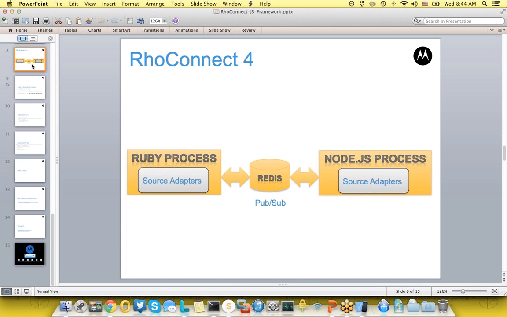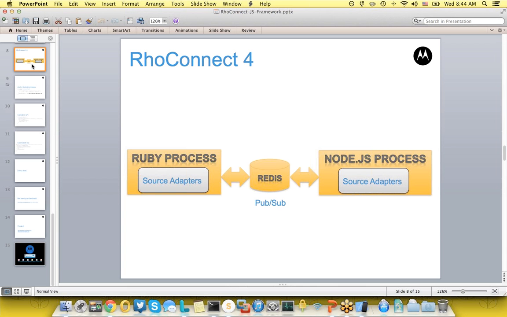All right. Let's see. Next question. You mentioned before we have the pub sub mechanism now, right? Which I think you mentioned when you build your default application, there are already some Ruby gems that are included, and you have access to those from JavaScript still, or maybe I misunderstood. Maybe you can just cover that topic again. So yeah, the way that we do process communication for Node.js and Ruby is